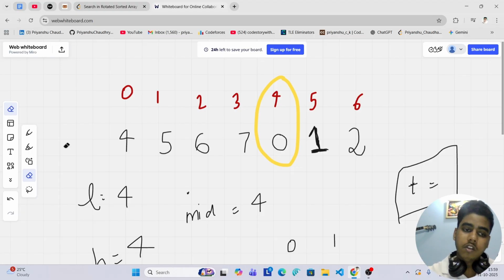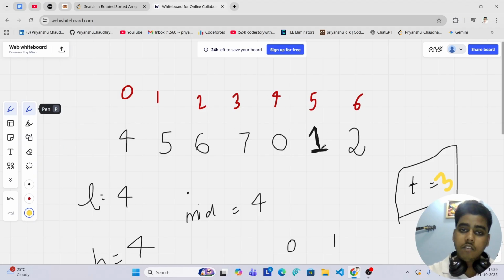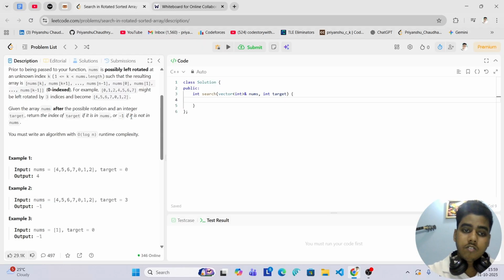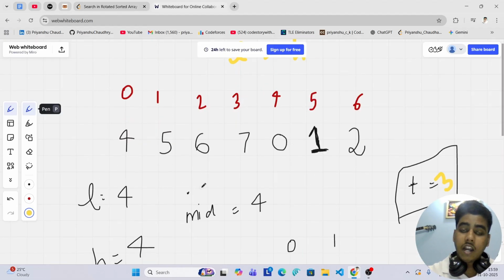then we have to start from the start, because if we try to find 3, we will not be able to find 3 here anywhere. If we apply the same algorithm, we will not be able to find it, and one time will come when our low will be greater than high, and in that case we can just move out of the while loop, and then we can return minus 1. So this was the simple logic of how to apply binary search on